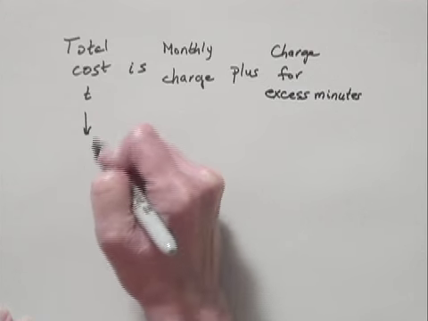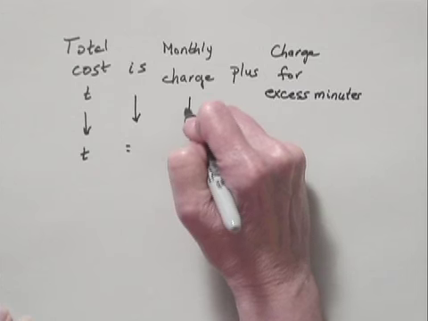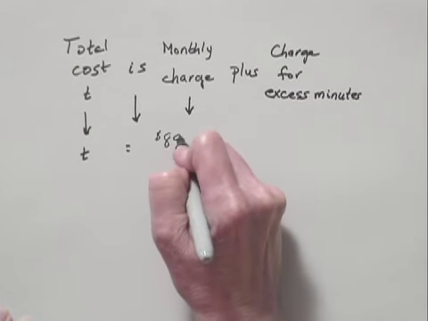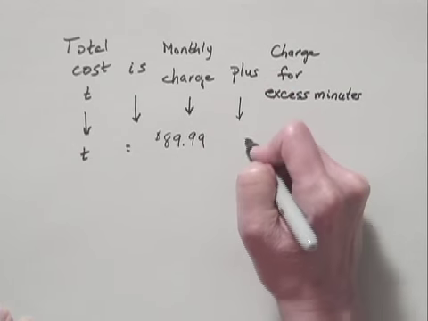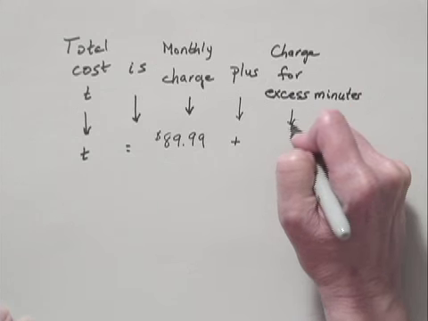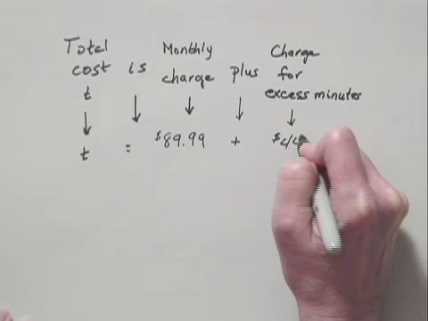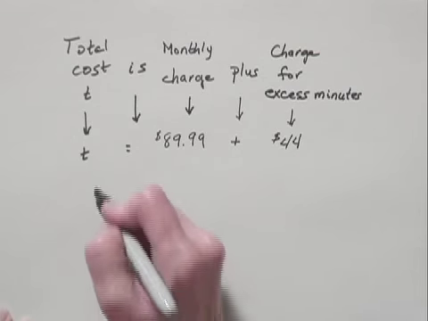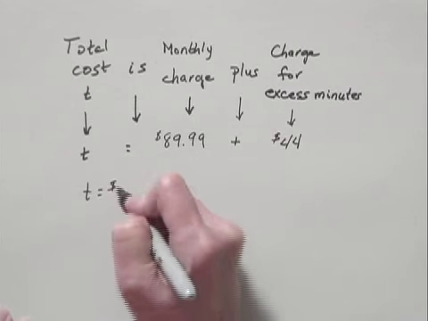So the total cost T equals the monthly charge, which we were told was $89.99. And to that we have to add the charge for the excess minutes, which we computed to be $44. So to solve this equation, we just do the addition on the right-hand side, and we see that T is equal to